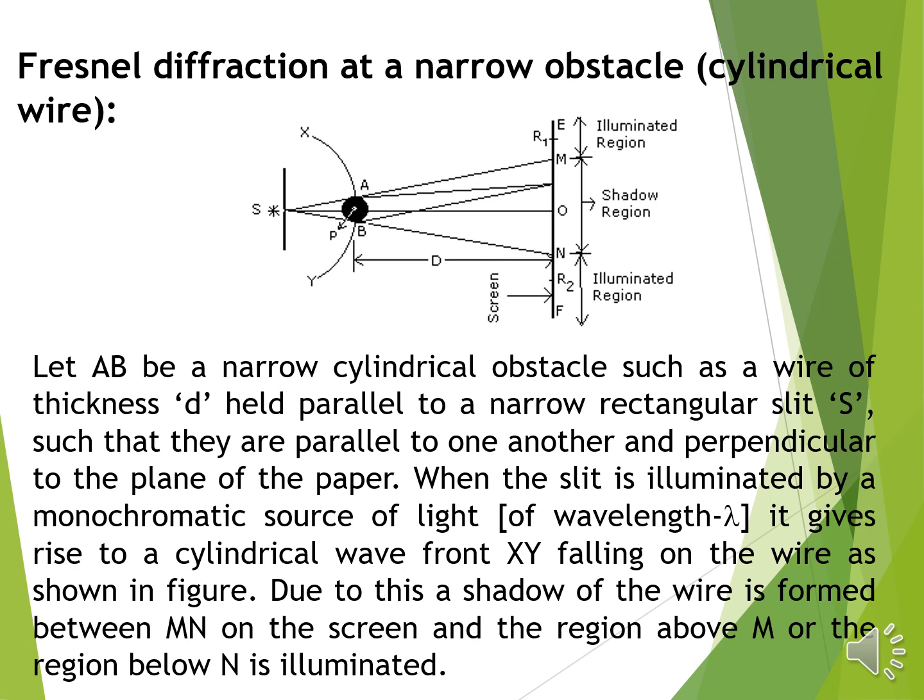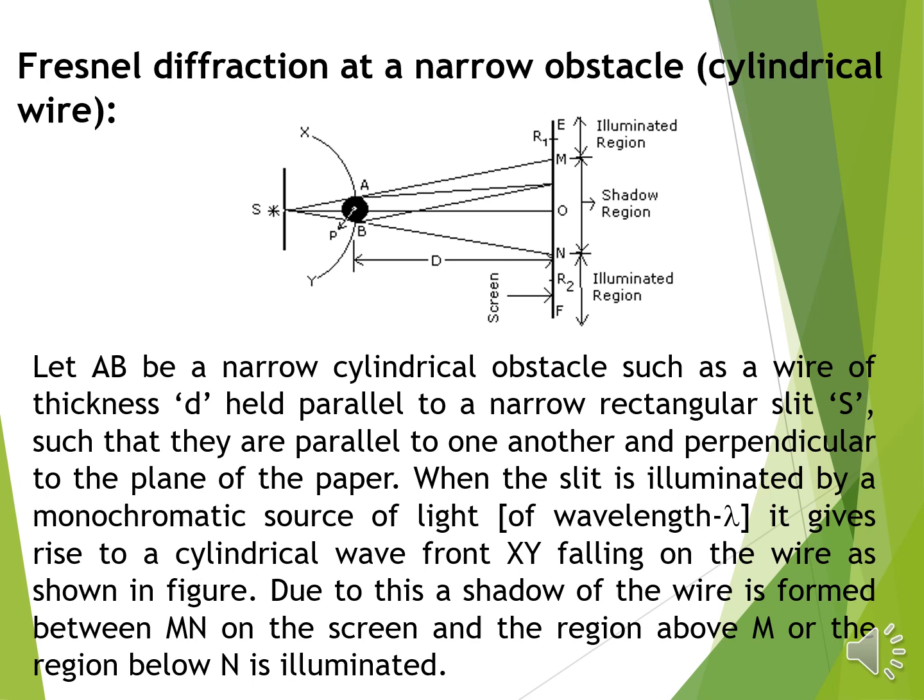Now, let the wire be held parallel to a narrow rectangular slit, such that they are parallel to one another and perpendicular to the plane of the paper. Now, when the slit is illuminated, it gives rise to cylindrical wavefronts XY falling on the wire, and due to this, a shadow of the wire is formed between M, N on a screen EF,